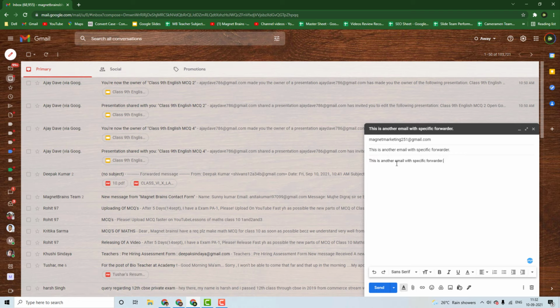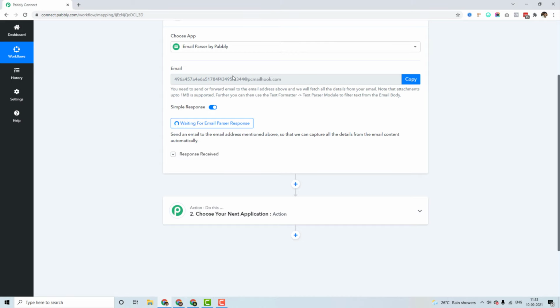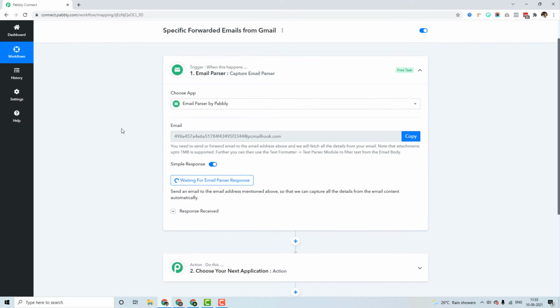Okay, and I will just send this email. Now when you send this email, the interesting thing is, because it is coming from magnetmarketing251@gmail.com, it will be automatically forwarded to this email parser email address. But if you remember the last workflow that we created, it was supposed to receive all kinds of emails. So there was not a single filter right there. So in this specific case, when I am going to send this email,